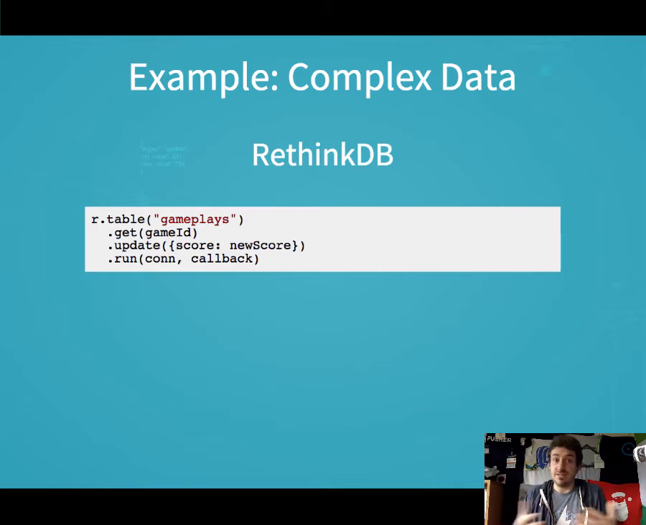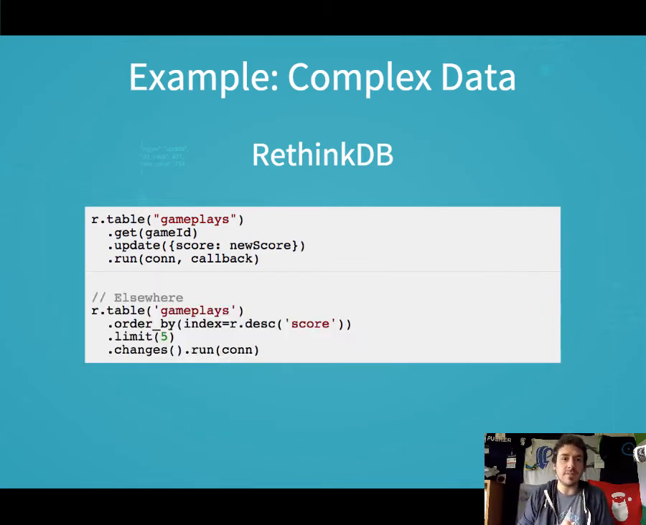So they're a database. In this example, we might be updating a score. So we have a bunch of games that are being played. We get a game ID and we update the score of that game. We execute that command. So that's happened in the normal way, a web endpoint's been hit, we've updated that data. Elsewhere in the application, we can have a long-held query. Now what that does is, in this example, we're querying the game plays, we're saying I want to order by the score, I want to limit to 5, so it's basically the top 5 scores,